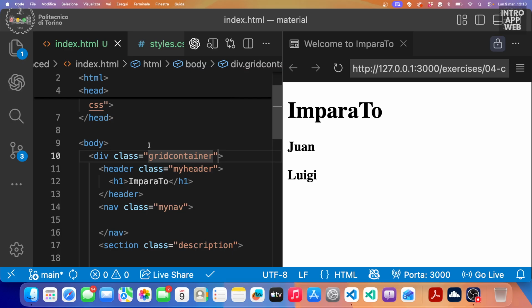So we already have, yeah? Is it possible to use the body directly for the grid? No, because it's not possible to add a class directly to the body. It's not a good practice. It's better to create the container, and within that container to,